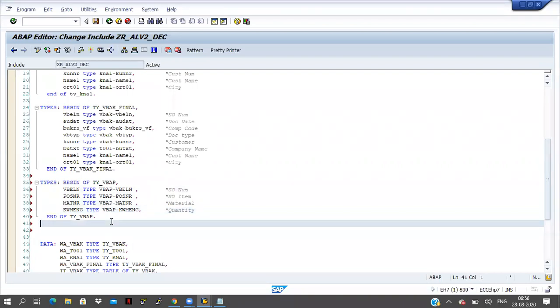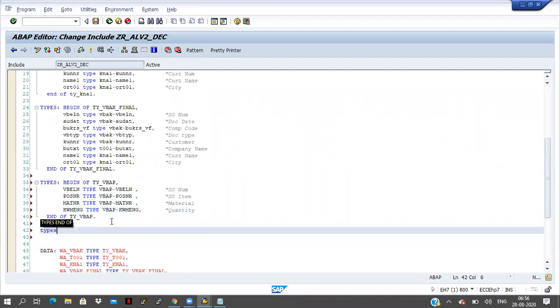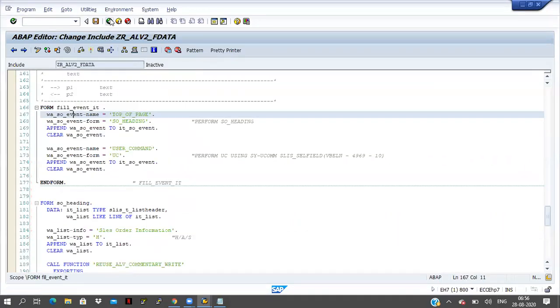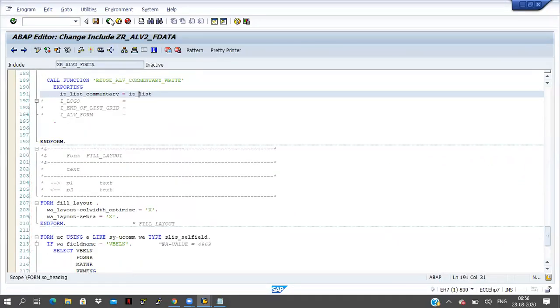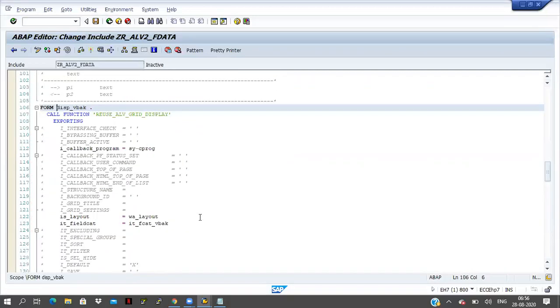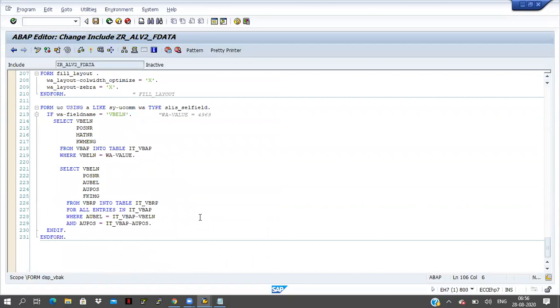Next, I have to declare one type for VBRP. Types begin of TY_VBRP. Now I have to take the fields here.